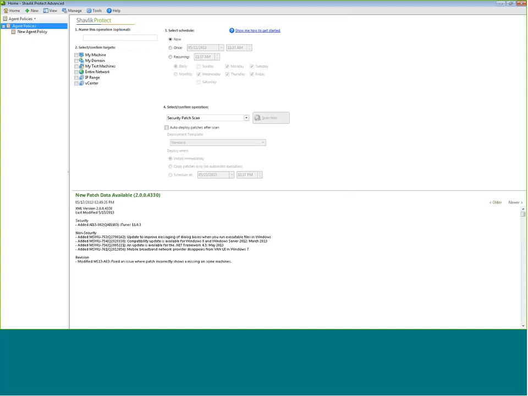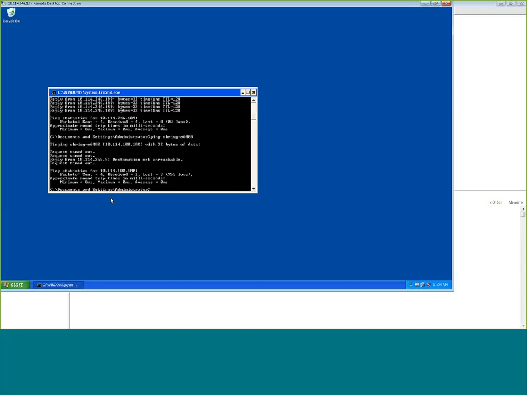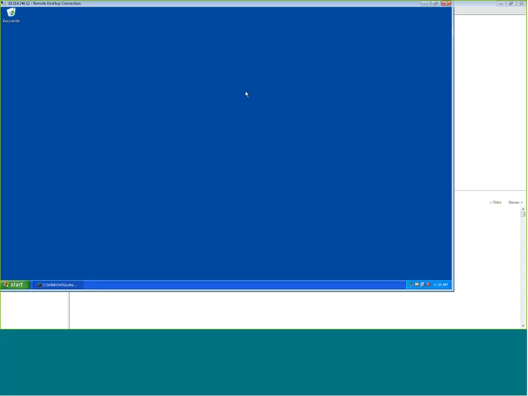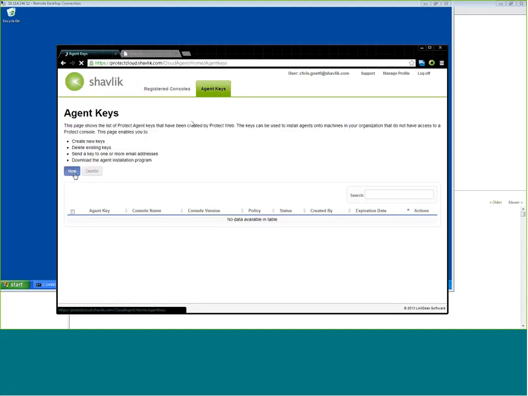So I've got an agent machine that I'm going to install on. This is an XP machine in a different environment, and it cannot reach the console. So if you look here, pinging the console machine timed out, and trying to install the agent through the old method would fail as well. So what we need to do is set up a provisional agent install. So I'm going to go back into my cloud interface, go to my agent keys, and I'm going to create,